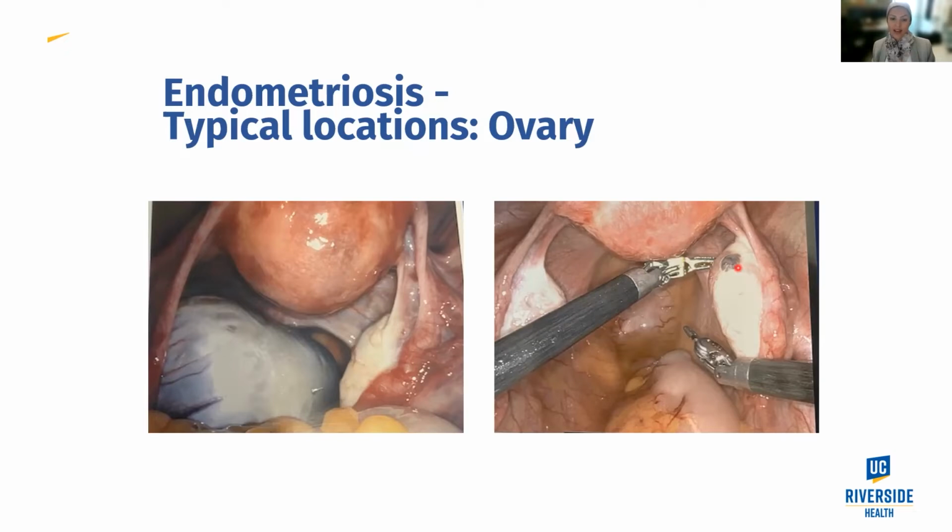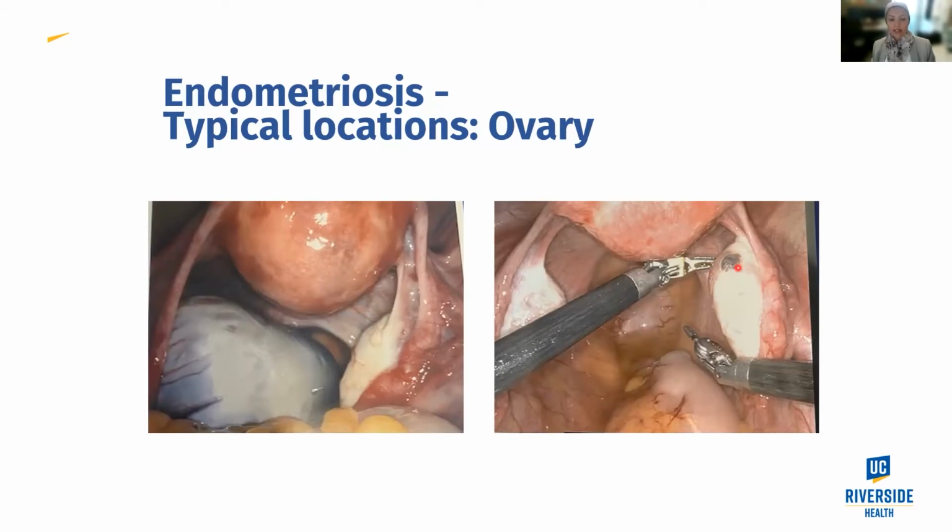And why do we do that? Because any lesion can cause inflammation in the pelvis that can reduce pregnancy rates. So even though this lesion looks really tiny on the ovary, that could be the entire reason why the patient has not been able to get pregnant, because that tiny lesion may be causing inflammation in the pelvis. And so it's important to excise or remove any disease we see.